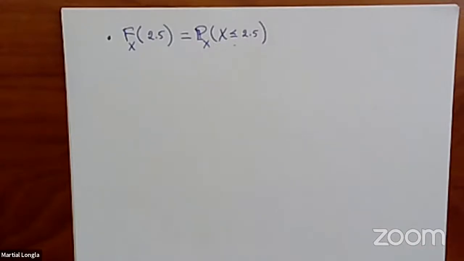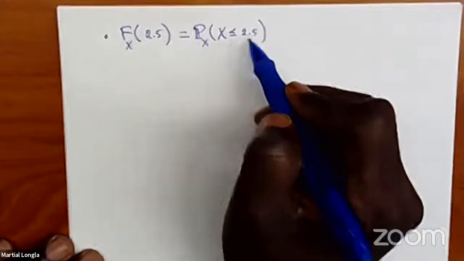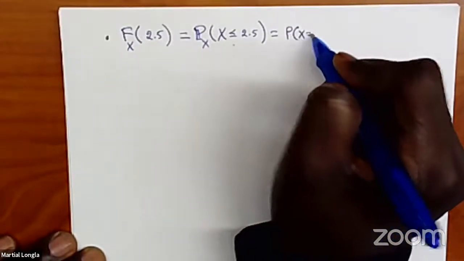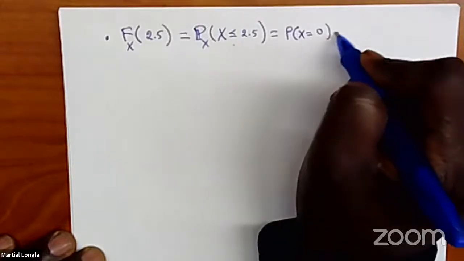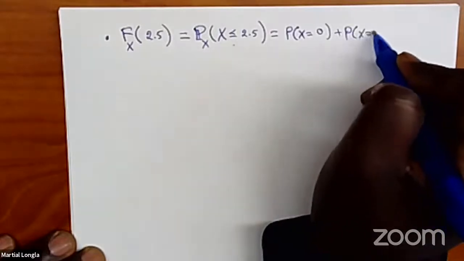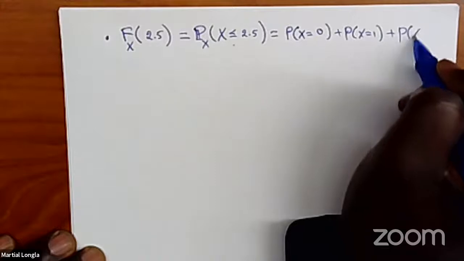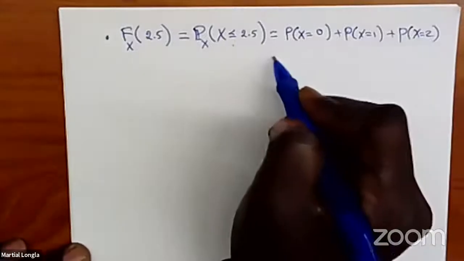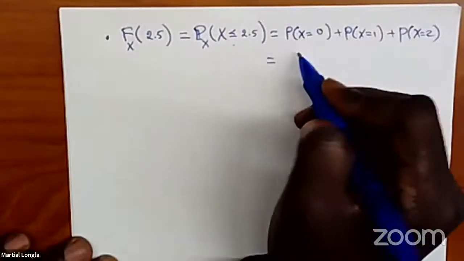you count all the outcomes that satisfy the given set. And all the outcomes that satisfy this set, those are the probability that X is equal to 0, plus the probability that X is 1, plus the probability that X is 2. I can't have 2.5 because X cannot be 2.5. And so we add those numbers and we get the answer. So that's going to be 3/4